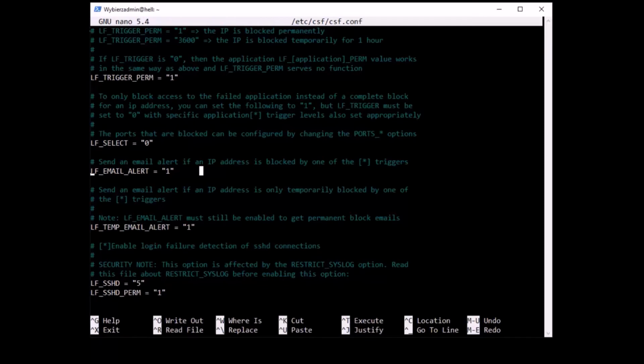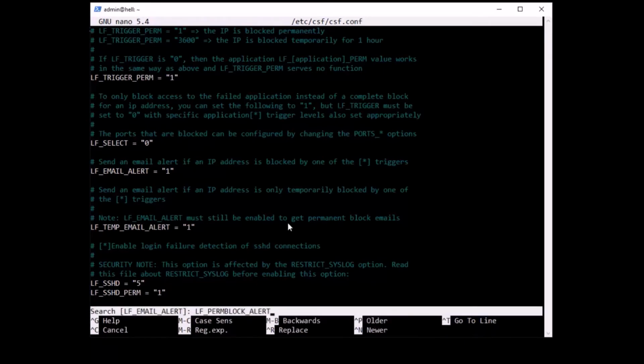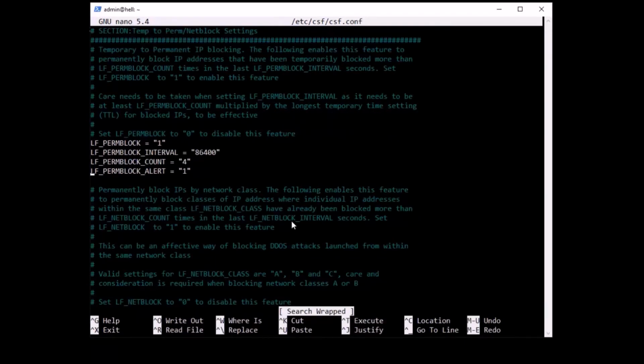The second one is going to be called LF perm block alert. Let's look for this one. And here it is. Perm block alert: if an IP address was blocked more than a few times, to configure